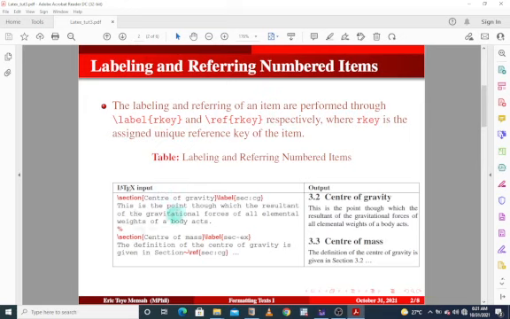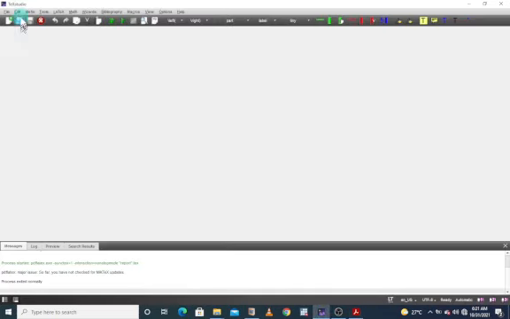So assuming we have this particular document and want to make reference to this section, right? First of all, you have to label it and give a name or a specific key to it. Then we can make reference to that by actually using the reference command, right? So let's jump into TeXstudio. So I'm going to use the same